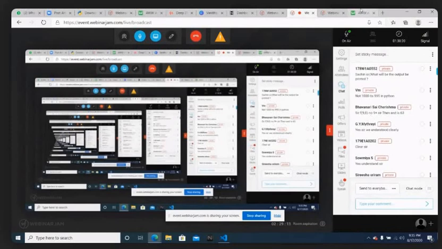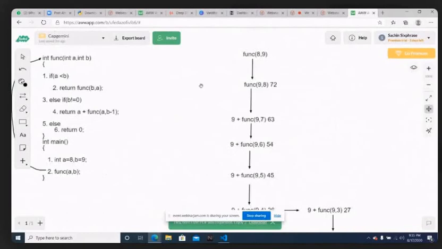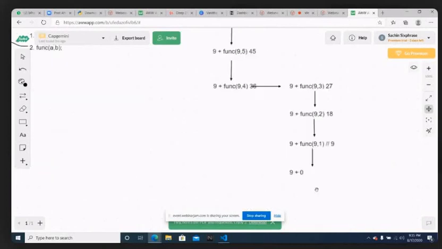See, 9 comma 8, there is a 9 you're saying, right? Yes, here is the 9. I'm adding this 63 with the 9 which is available for 9 comma 7. See here very carefully. Last time 9 plus 0, 9 will be received by 9 comma 1.